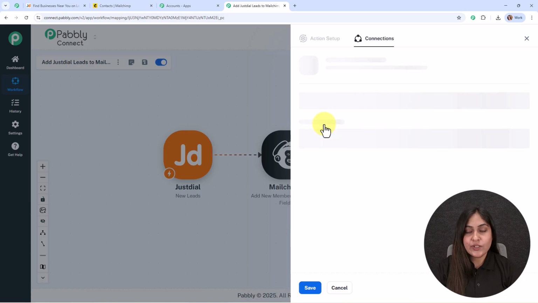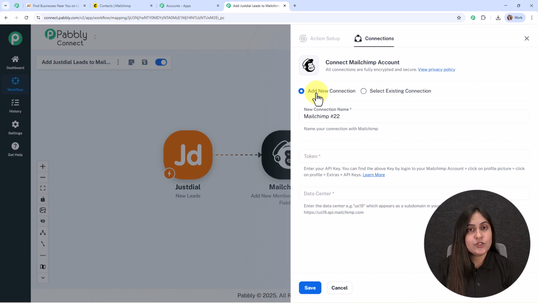Then we're going to click on this connect. Here, to build a new connection, I'm going to select add a new connection. If your Mailchimp account is already connected with Pabbly Connect, then you can click on select existing connection. And now here, to build a new connection, it's asking me for the token and the data